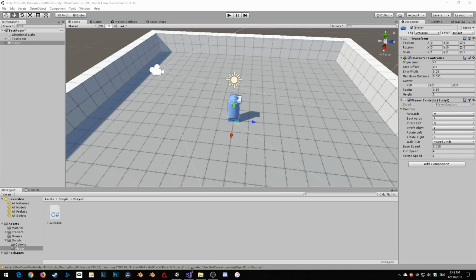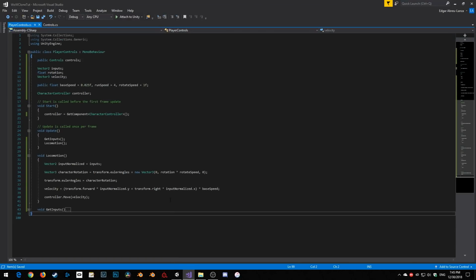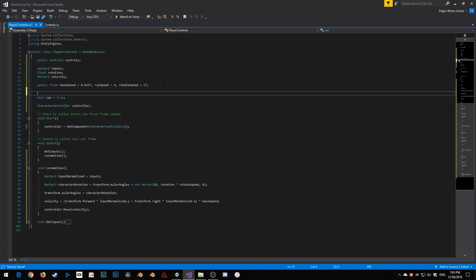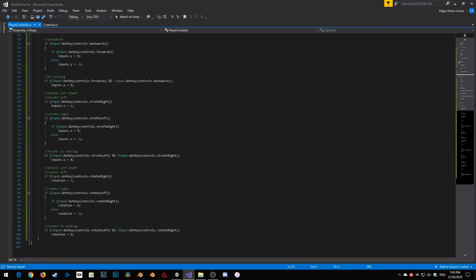All right, so now that that's done, let's implement some running. So under all our speeds, I'm actually going to add a new bool, and we're going to call this run. We're going to set this to true by default. I'm just going to serialize it just so I can see what's up. And then back inside get inputs,